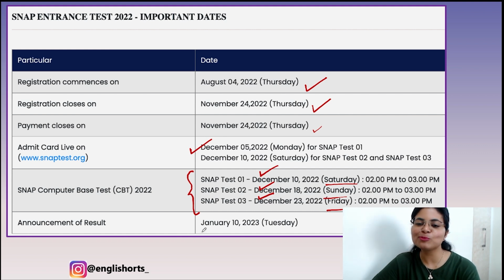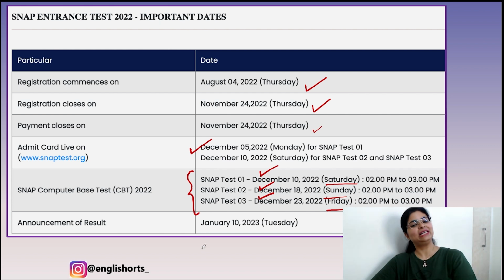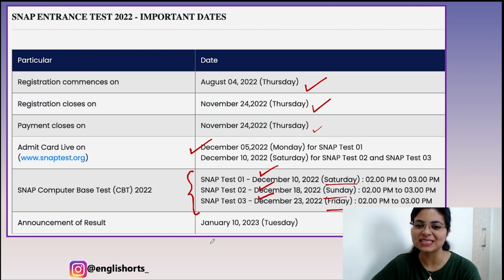So a lot of people who've spoiled these exams will also try to take SNAP and make the most of it. I know a lot of people who did very well in SNAP simply because they knew that they now have no options, and they thought that it was completely out of their league. So I hope that you do well in all your exams, but I'm just being honest with you about what happens really every year. The results will be announced on 10th of January, yeah, in 2023.